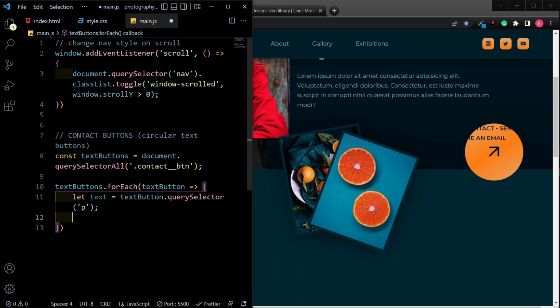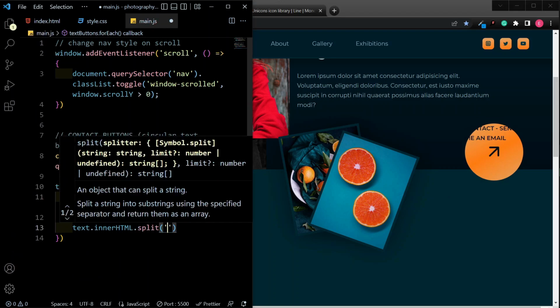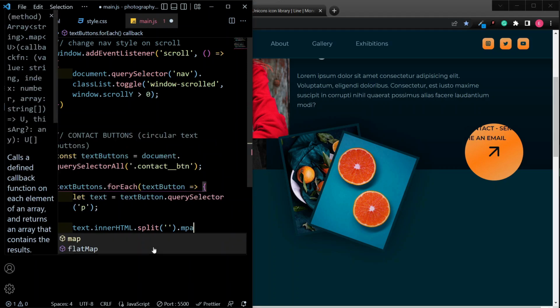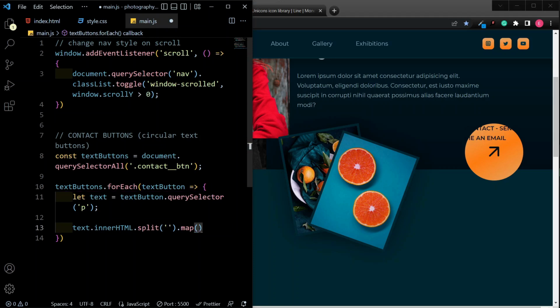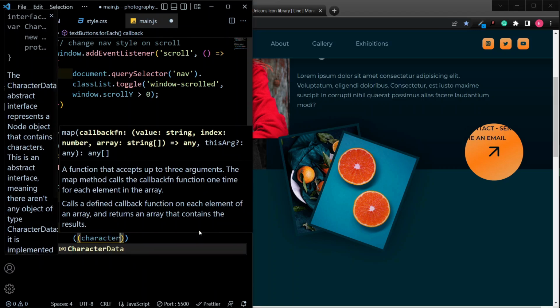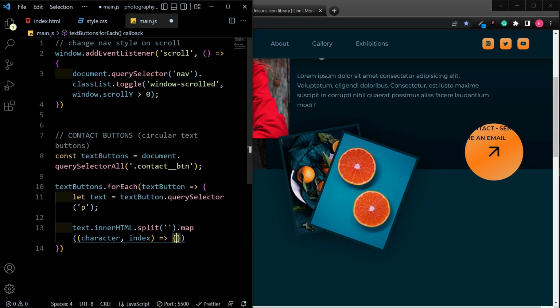So that is what we are getting, the inner HTML. Okay, the elements that we have, the text that we have, we are going to split it. Okay, we are going to split that, and we are going to map through that array. Okay, this is going to give us an array, so we are going to map through that array. Okay, so let's actually get each character and the index as well. So we get that, and we are going to use a template literal here and put each of them inside a span. Okay, so a span with a style